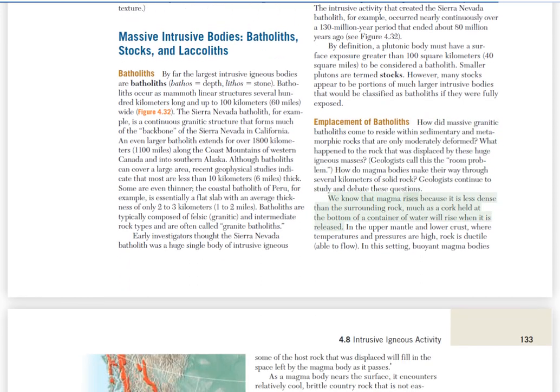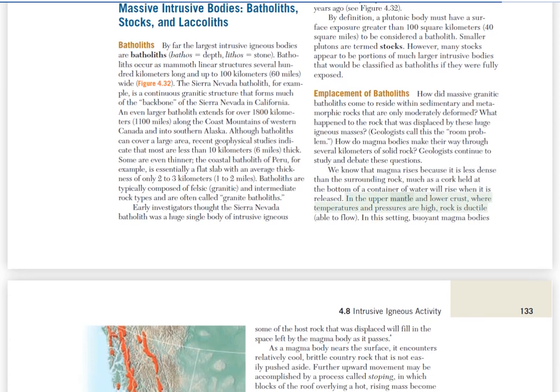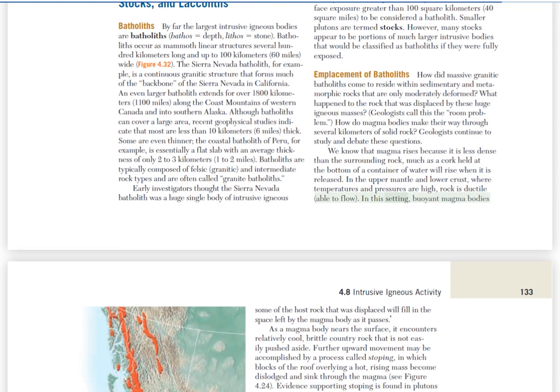We know that magma rises because it is less dense than the surrounding rock, much as a cork held at the bottom of a container of water will rise when it is released. In the upper mantle and lower crust, where temperatures and pressures are high, rock is ductile. In this setting, buoyant magma bodies